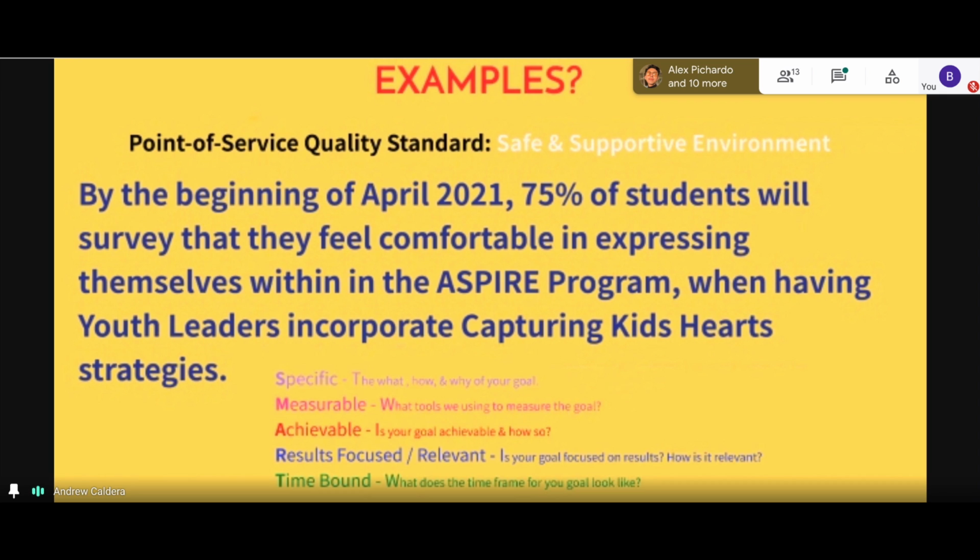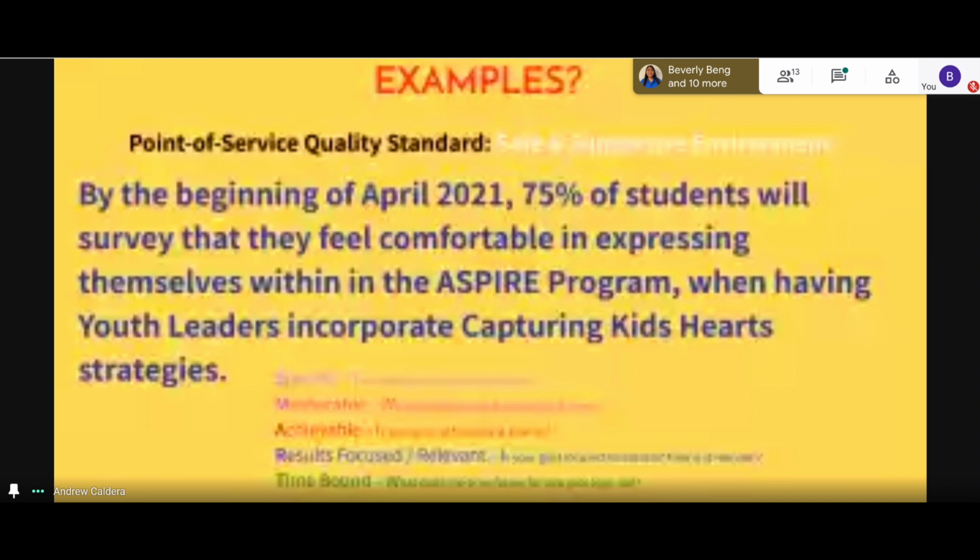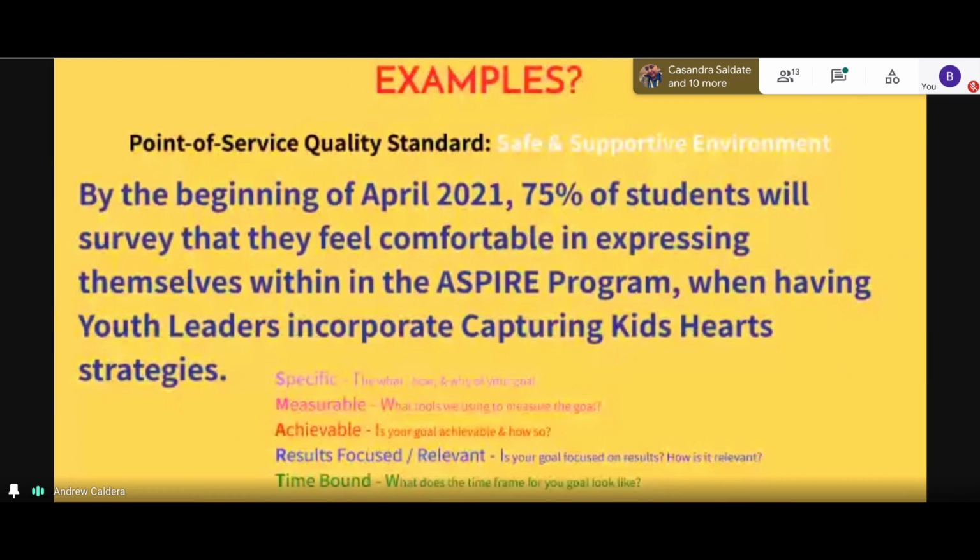This is already done. So can you guys tell me where and explain why each one is identified in this goal and what part of it's identified. So can you tell me where the specific is in this goal? Where is the measurable in this goal listed? And feel free to take your time to reread it. It could be a lot of words all in one. That's how it be sometimes.